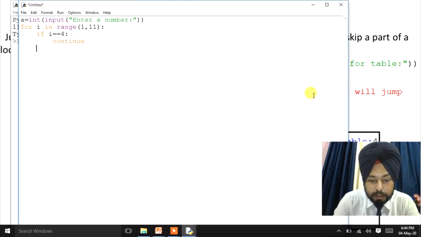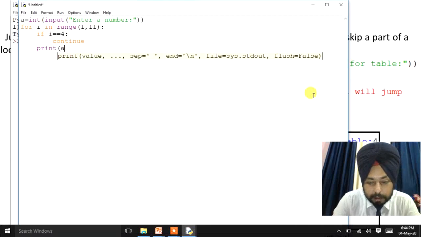Then it will print a comma x, i, separator, equals to sign, then i multiply by a.